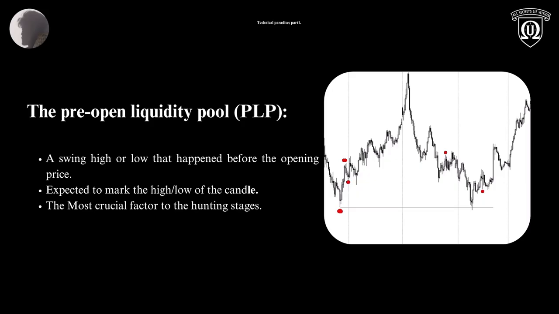So the candle opens, it stabs, and I want you to imagine as I'm explaining this, how it plays out in your mind. The candle opens, it wiggles around a little bit, then it goes and stabs into a pre-open liquidity pool, and then it rallies away. Upwards, for example, as you can see right here. Look at the third box. You can see price opens. It stabs down into the pre-open liquidity pool all the way to the left, and then it rallies violently upwards. Right.